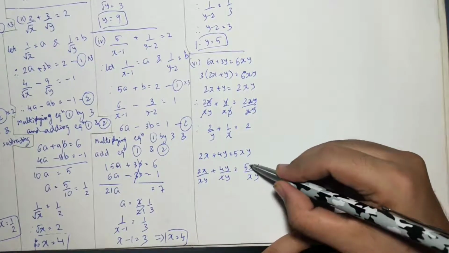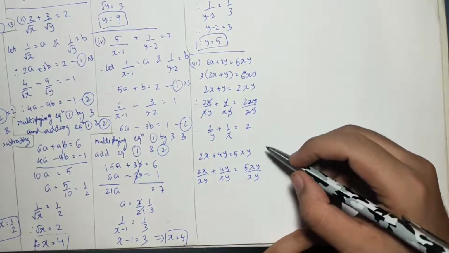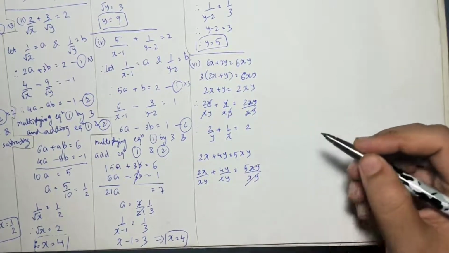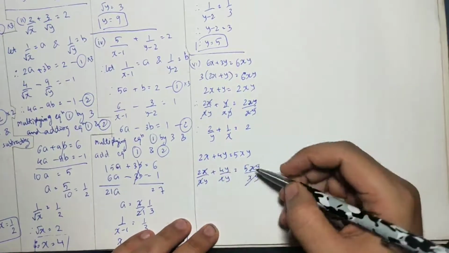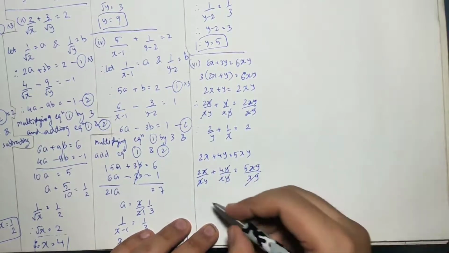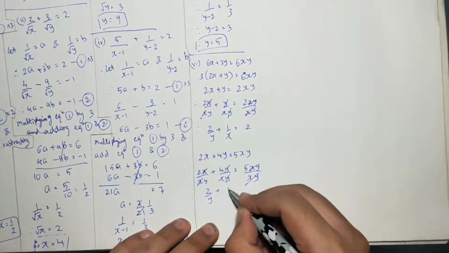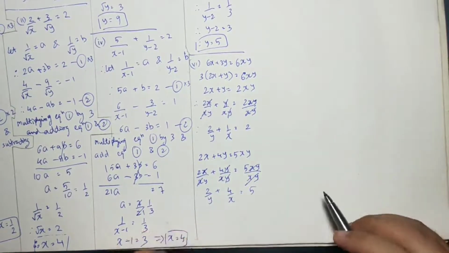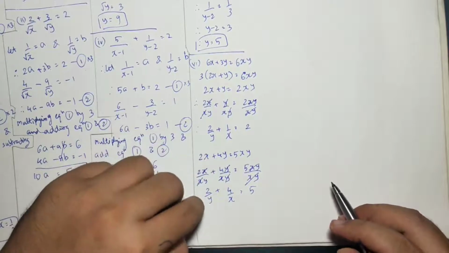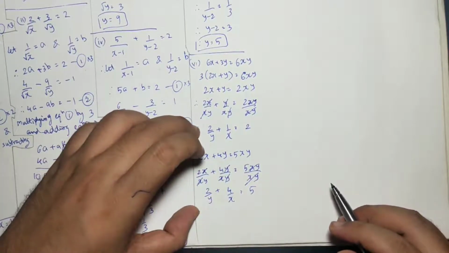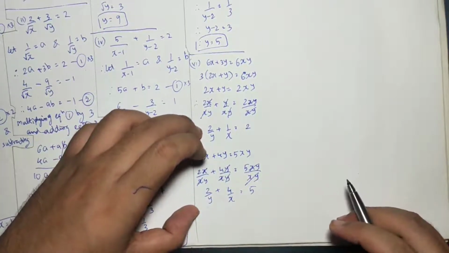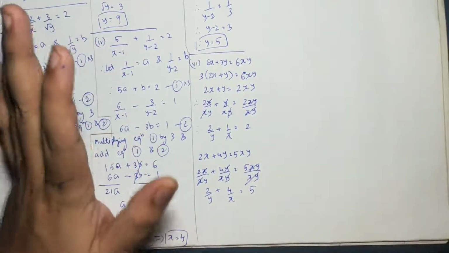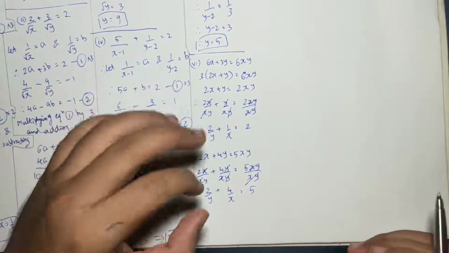Why am I dividing all the terms by xy? Because we have to remove this xy on the right hand side. If you do not remove xy on the right hand side, you will not be able to solve this. So this xy will cancel out, but in this term x will cancel, in this one y will cancel out. So this will be 2 by y plus 4 by x, there is x remaining over there, equals 5. 1 by x equals a, 1 by y equals b. Now you will be able to solve this for a and b. After finding the answer for a and b, find the values of x and y as we did in the first and second sum. So from this step it will be easier.